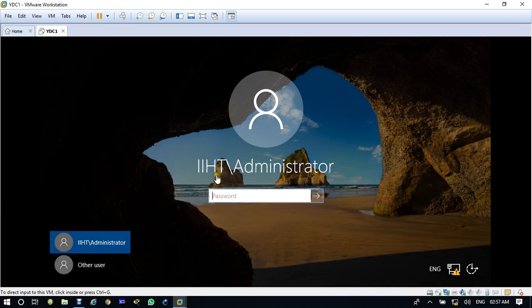Now see, now you are getting the administrator login. So give the username and password again.